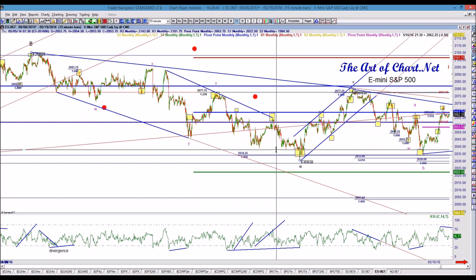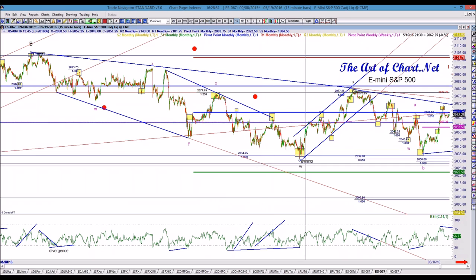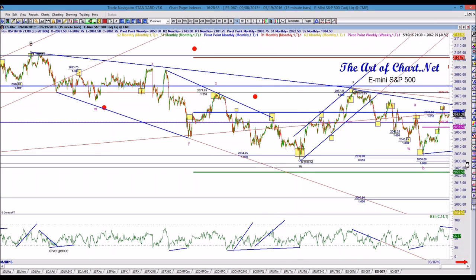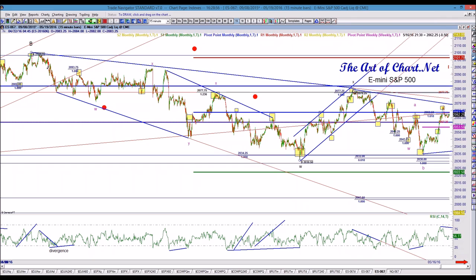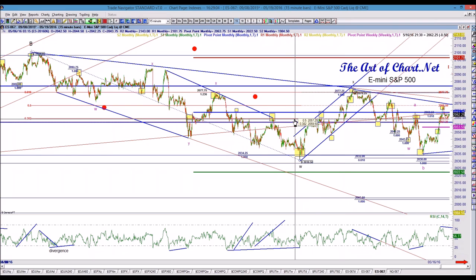I exit a third at that level, move my stop to even, and depending upon the structure I'm in, I can choose this swing, I can choose this swing. Hell, if I want to, I can even choose the biggest swing, which I never do. I never say, oh, I'm waiting for the 50 back all the way up here. That, in my opinion, is leaving too much risk on the table. Now, if I'm trading something into a June low, which I am, I have some options on right now into the June low from a cycle perspective, well, fine, I'll be doing that. But in my week-to-week trading, where I'm holding things for 2 days to as much as 2 weeks,